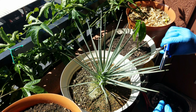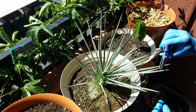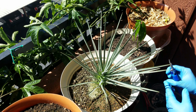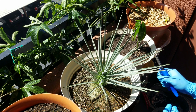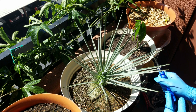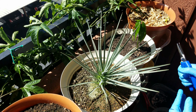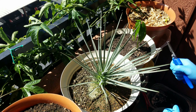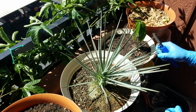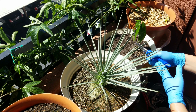So I'm declawing Josh right now, like I'd be clipping the nails on a cat. I've been poked so many times by this plant that it's been getting really annoying, and I'm sick of it. I've been stabbed at least 20 times, maybe a lot more, maybe it's 30 or 40 or 50 times. Most of those are just minor pricks where there's some pain and it reminds me to quickly withdraw, but on